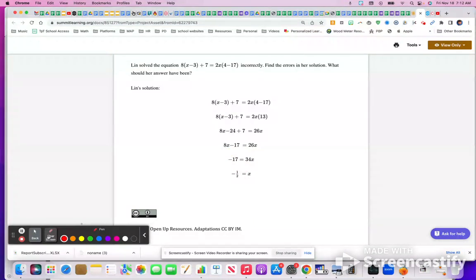So your job is to figure out what did she do wrong here and what did she do wrong here in between those steps, okay? And you can follow her same process. You can do exactly what she did, but you have to make sure you fix her mistakes to figure out what her answer